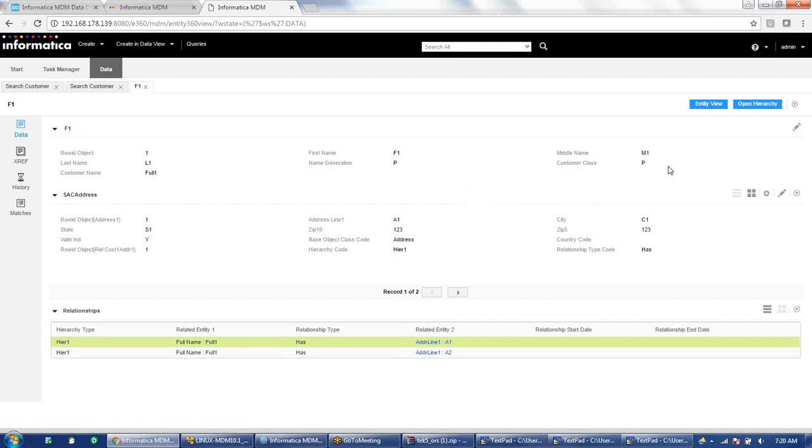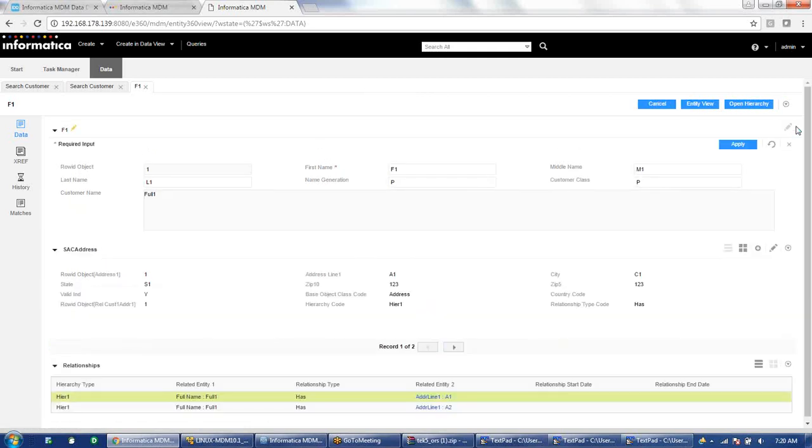And if you want to add something or edit something, you can edit it. For example, we can go and edit this customer record. When we go and edit, you can see the full name option is there. Full name is coming as read only, because we have made this column full name read only. Plus you can see the display name is coming as customer name. This change we had also made. We had replaced the full name with customer name. So instead of full name, customer name is coming in the IDD. And this is a read only column.